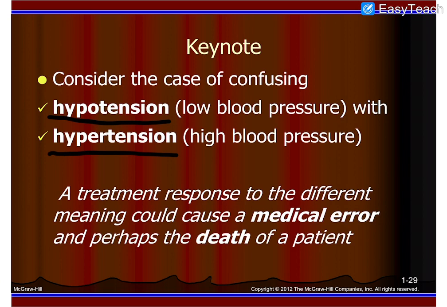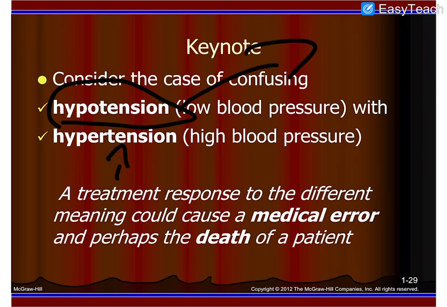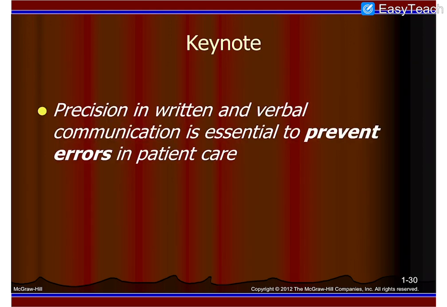Hypotension, low blood pressure, with hypertension, high blood pressure. A treatment response to the different meaning could cause a medical error and perhaps the death of a patient. If your patient has hypertension and you start treating them for hypotension because you gave the wrong directions to somebody,